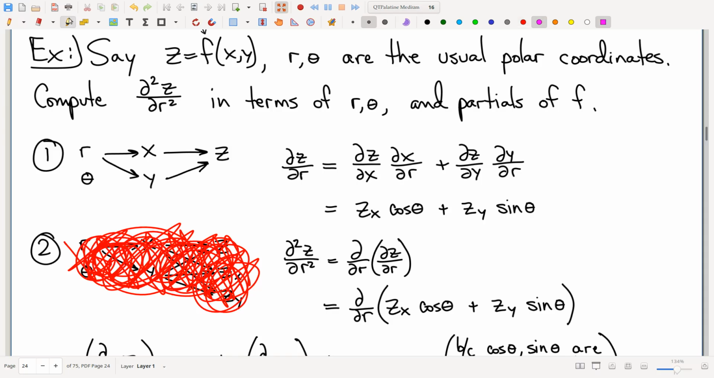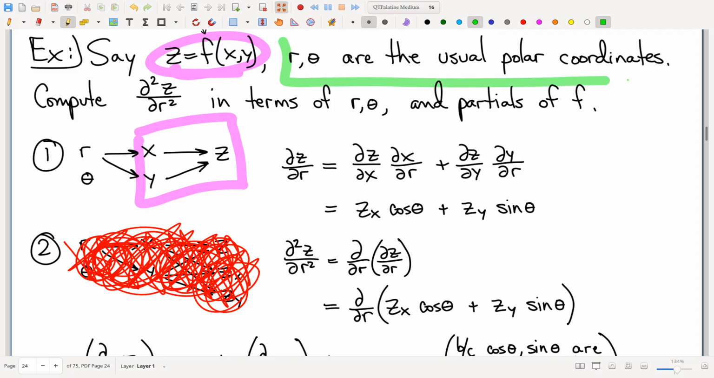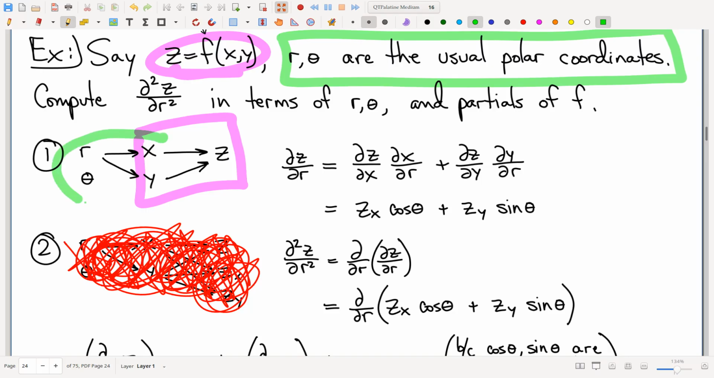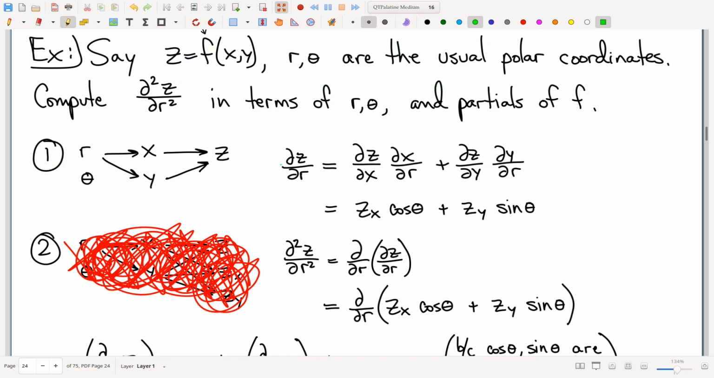Okay, so the question: we've got z is a function of x and y. And then I wrote here r and theta are the usual polar coordinates. If you remember, my favorite way to think about polar coordinates is that, in fact, x and y are functions of r and theta. So I'm going to literally write that down. x and y are functions of r and theta. And let's see, the question is to compute this